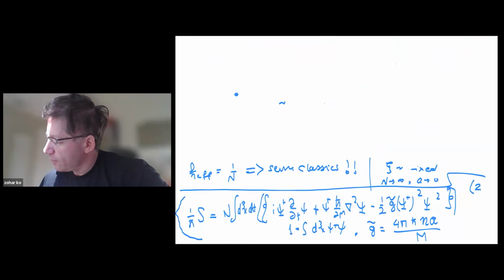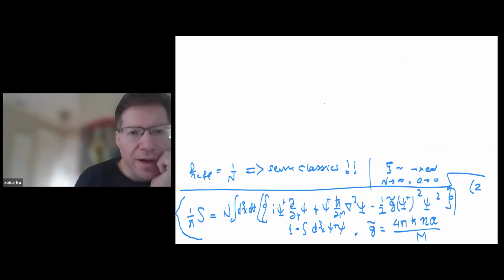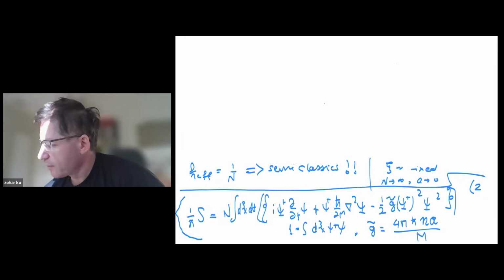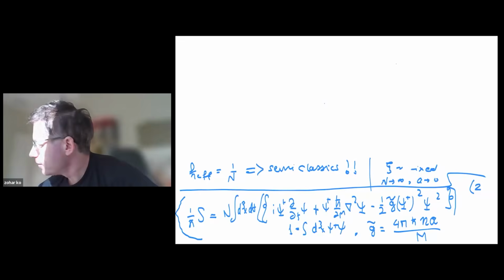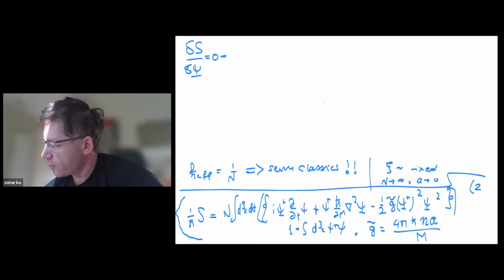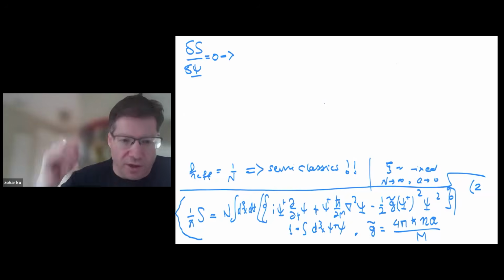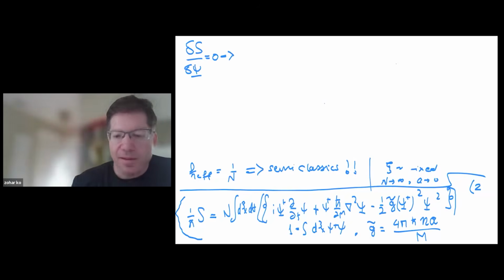Okay, so the corresponding differential equation is derived from the action by the variational principle. So we obtain the classical differential equation from deriving the action. We take the action, and we take a functional derivative with respect to psi and put it to 0. That leads to a classical differential equation. I'll just write it schematically. You guys, as a small homework problem, can try to get the coefficients straight.